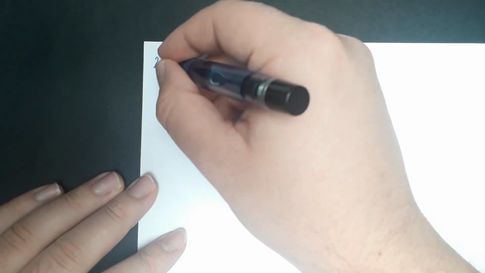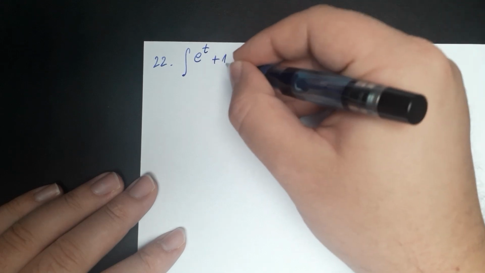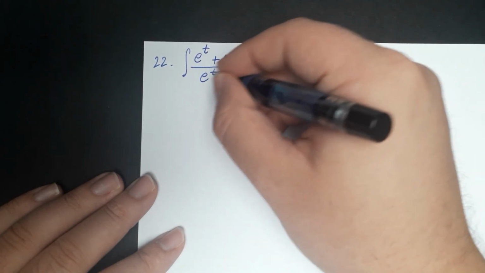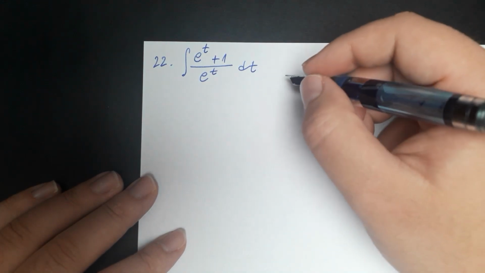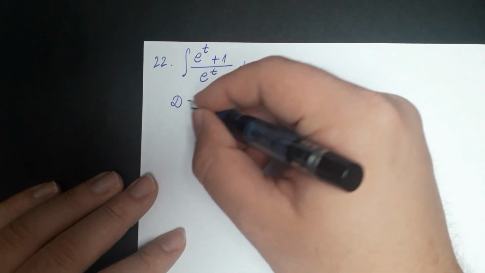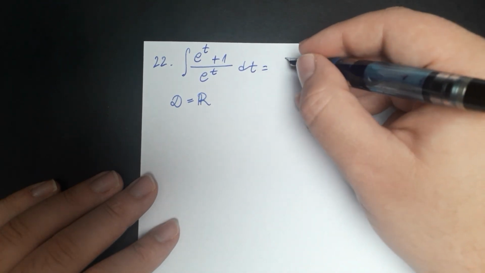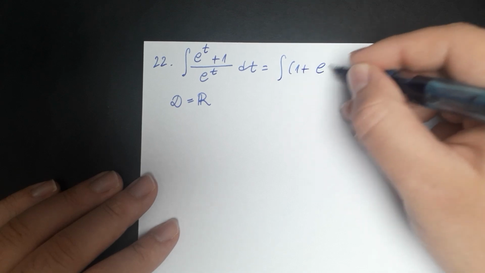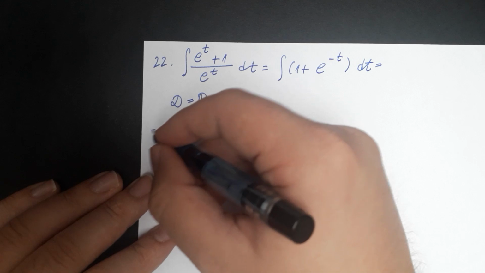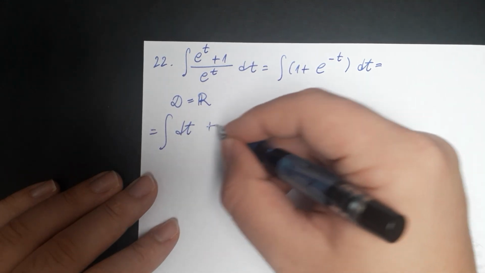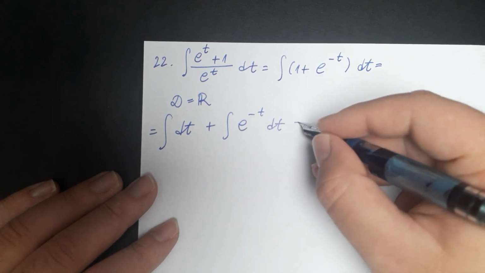The next integral on our list is an integral of e to the power t plus 1 divided by e to the power t dt. So this integral is defined in the entire set R, and it is equal to an integral of 1 plus e to the power negative t dt. This is equal to an integral of dt plus an integral of e to the power negative t dt, which